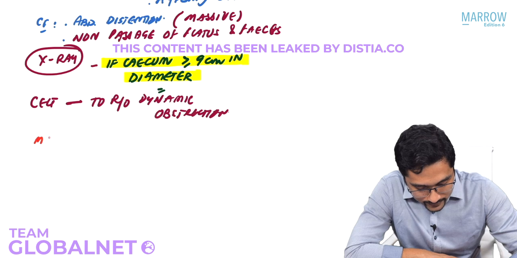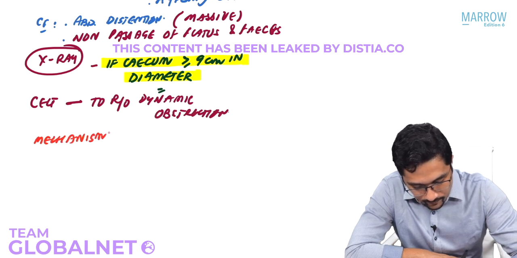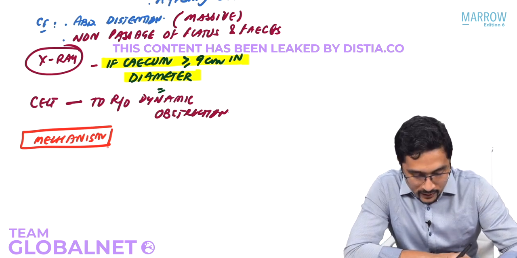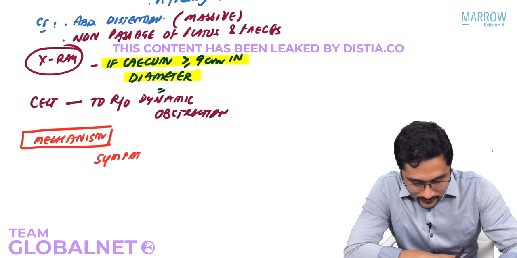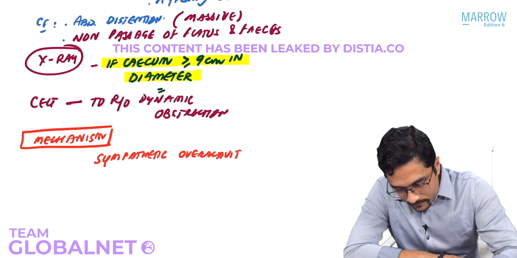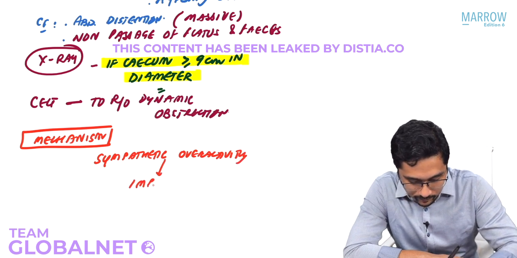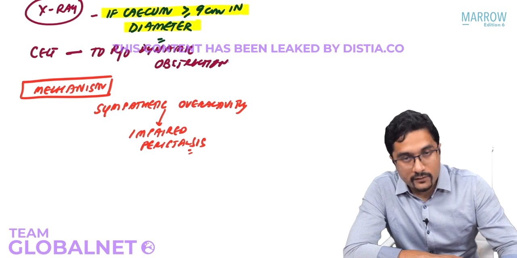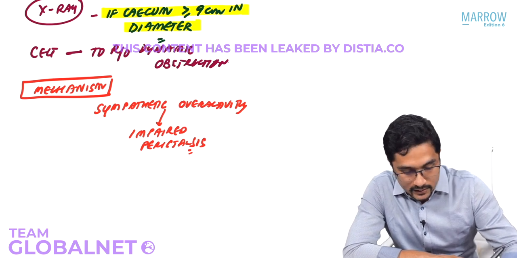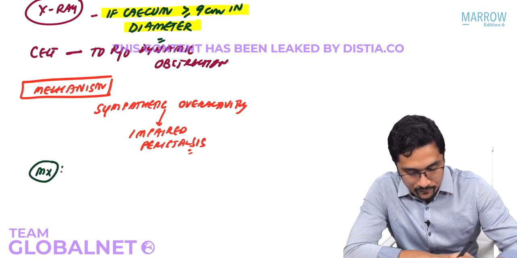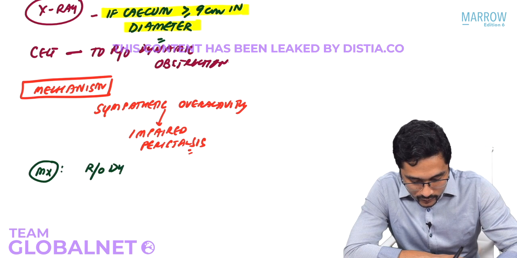Now, what is the mechanism? Because if we understand the mechanism, then we'll understand the treatment of Ogilvie's or colonic pseudo-obstruction. So here what happens, there is sympathetic overactivity, because of which there is impaired peristalsis in these patients, and that gives rise to colonic distension. So the management of these patients: rule out dynamic obstruction,